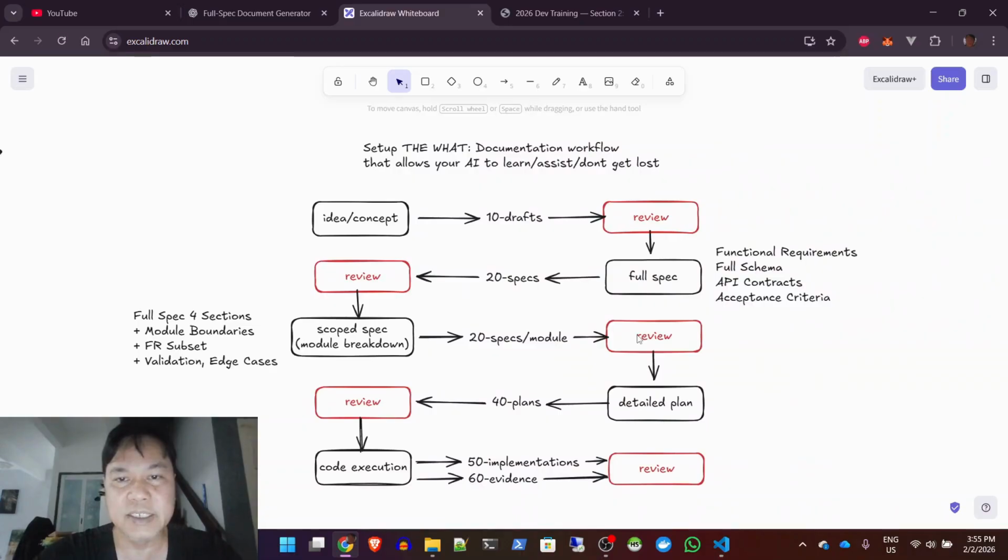So that's the how you want AI to follow. Now is the what. So I have a documentation workflow and development workflow as well, that I follow to ensure that the output of the AI will be exactly how I want it to be. So having said that,